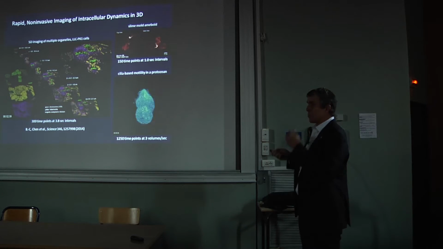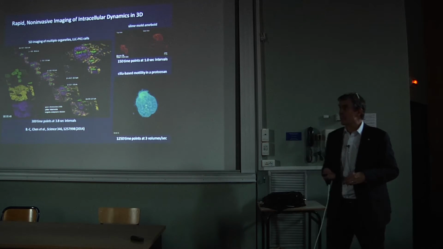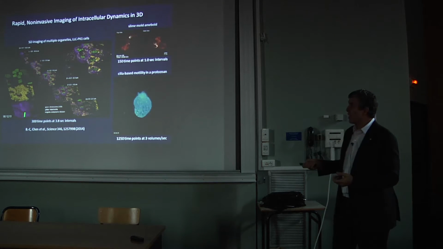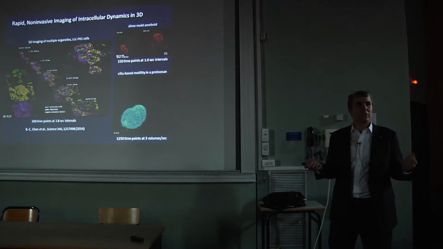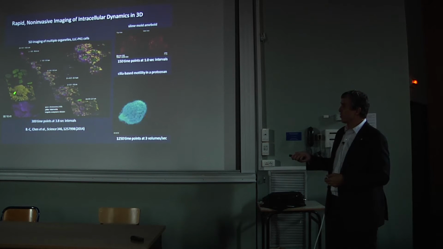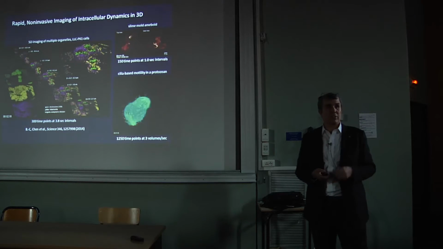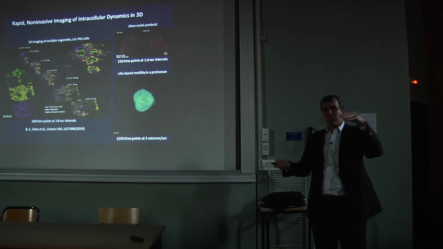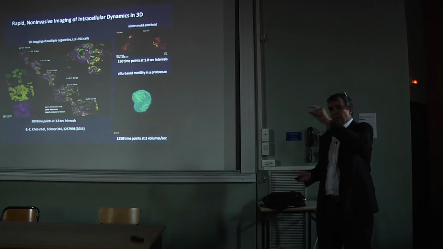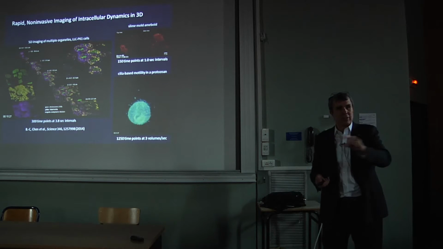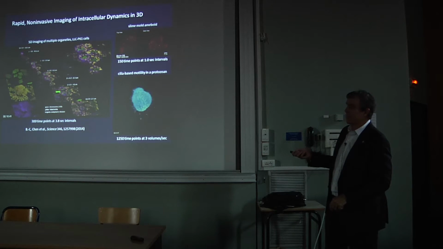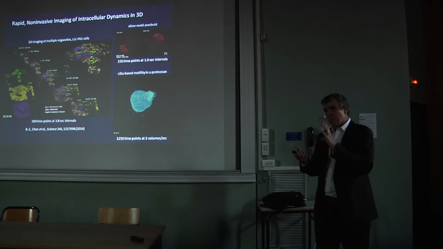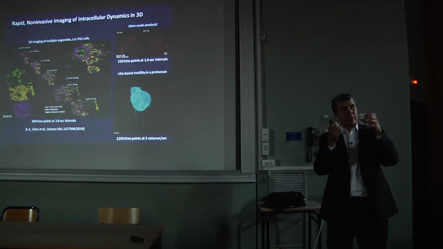So these are some examples of using that for fast 3D cellular imaging. In the first case, we're looking at a field of dividing cells. And we're looking at it in 3 different colors at the same time. One to look at chromosomes, one to look at mitochondria, and one to look at the endoplasmic reticulum. What we're doing here is we're taking that 4D data set and we're slicing it in Z slabs about 2 microns thick each so we can see what's happening on the inside as the cells divide. Here's one such section. And you can see what happens as the endoplasmic reticulum folds up into these little pockets.